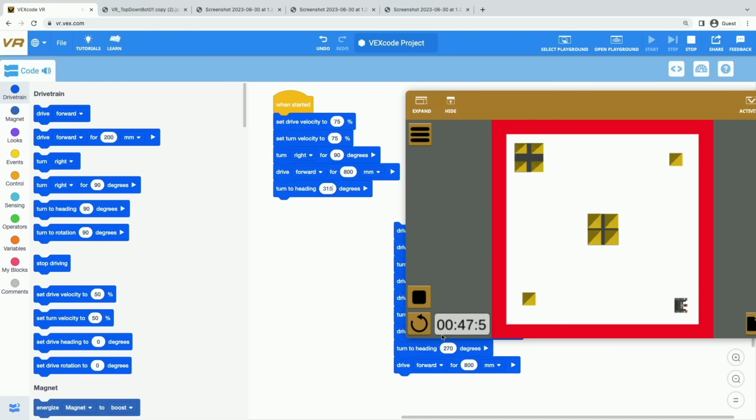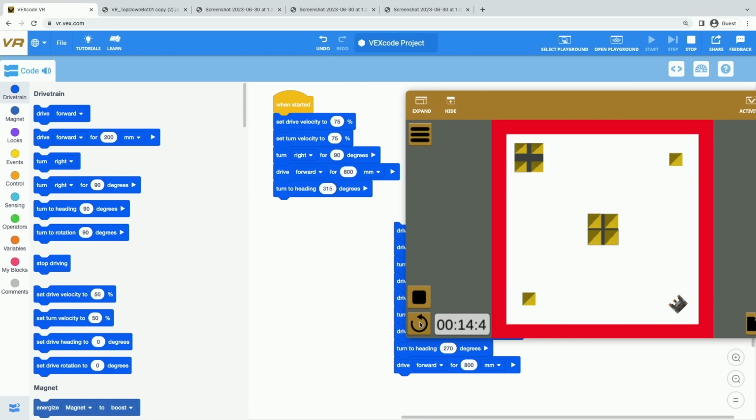315 degrees. So when I reset my project, let's see if that turns us in the right direction. So I went to the right, I crashed that castle, and there we go. Now you can see that my robot automatically knew to turn left, so we could do this really quickly, and it's facing diagonally across from these other 2 castles.